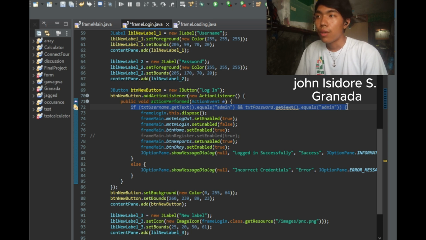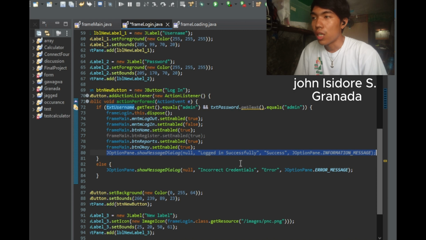When the user types admin in the username, then that must equal admin in the password. Then the JOptionPane shows an image, login success, with an information message.